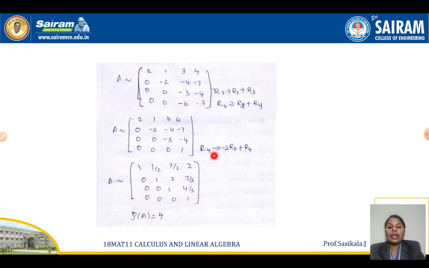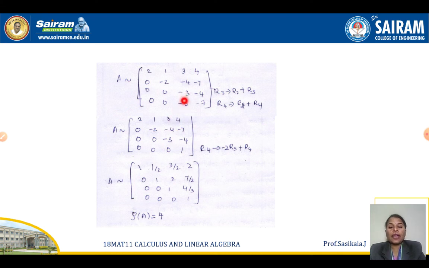The next one, what you have to do? Again, I have to convert this minus 6 also to 0. Which row do you have to use? The third row alone. Why are we telling like this? See here, you already made 0 in these two positions. Suppose you used your first row, what will happen? These two entries will come back, whether you add or subtract. Similarly, if you use the second row, the second element will again appear. So you can't reach your echelon form. For that reason we are telling you to remember these positions in the rows, and it will be easy to do the simplification.